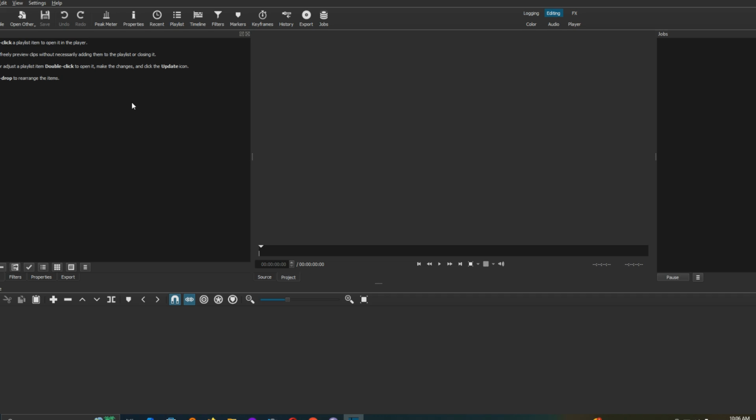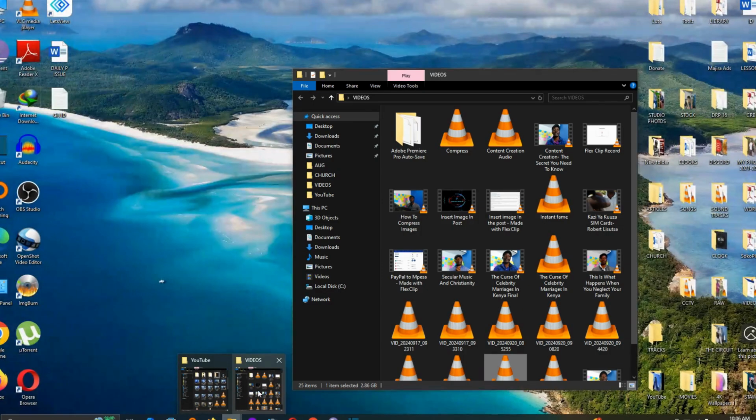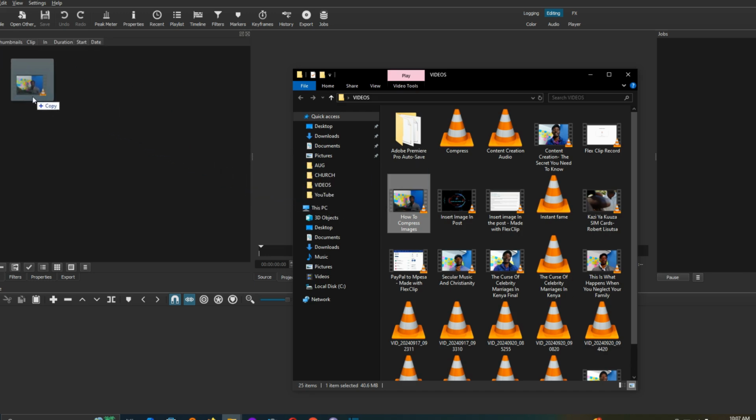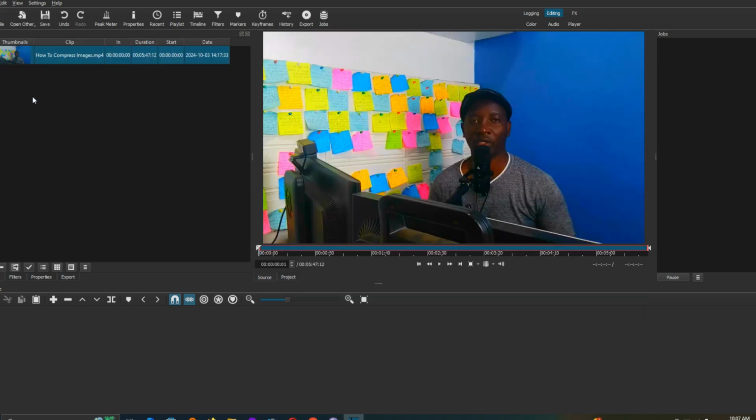The simplest way to add your video clip in this playlist is to simply go into your folder where you have the video, and then just take the video and then drag and drop it into your Shotcut tool, so into your Shotcut app. So for instance, I want to add this video, I can simply just drag and drop it here. And maybe you want to upload more than one video,